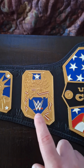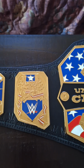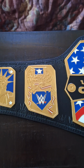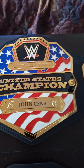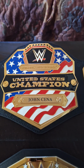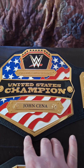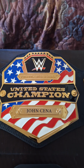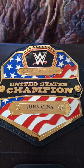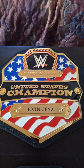There's actually an eagle toward the top here in the gold, which is really nice, obviously, as you can see. And then, of course, we have the center plate here, which is just absolutely magnificent. Of course, it is the American flag logo in the background, which what else would you want for a United States Championship? Of course, it has the logo at the top, the champion banner in the middle, and then